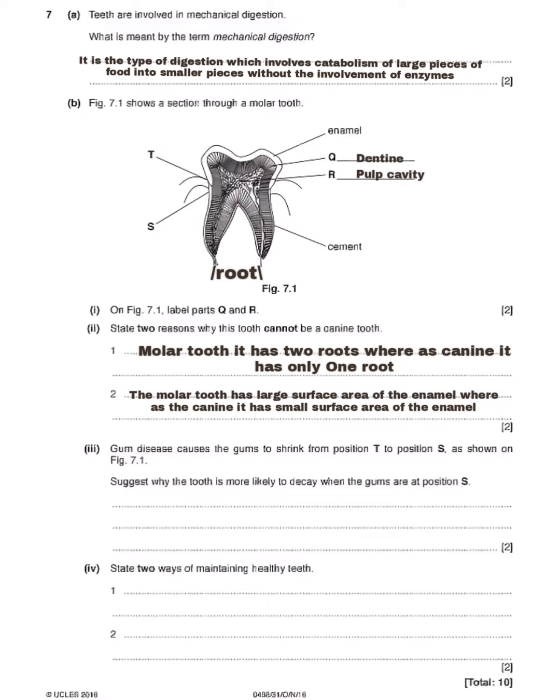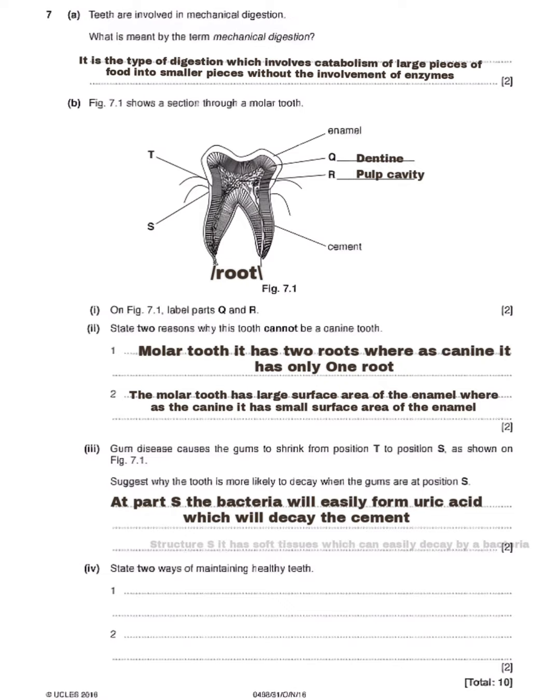Uric acid, which is going to wear out the cement, because the enamel on this part here is hard to wear out. On this part here, the cement is soft. So I'm going to say at part S, the bacteria will easily form uric acid, which will decay the cement. Then apart from that, this is because structure S has soft tissues which can